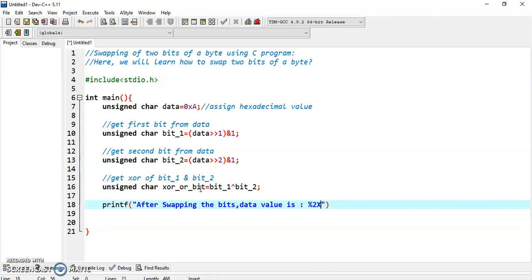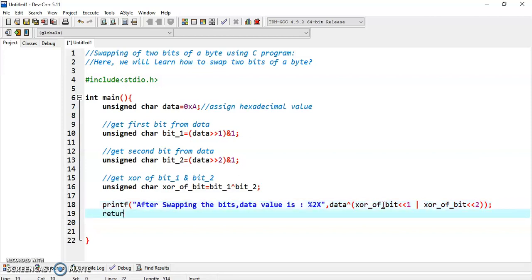The data value is, and the data XOR of bit left shifted by 1, or XOR of bit left shifted by 2, and close this printf and then return 0.